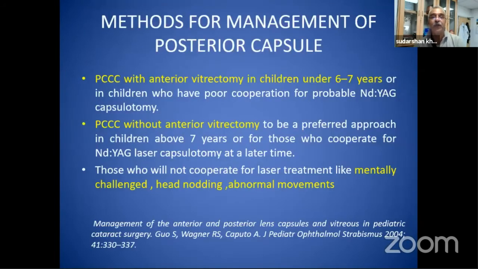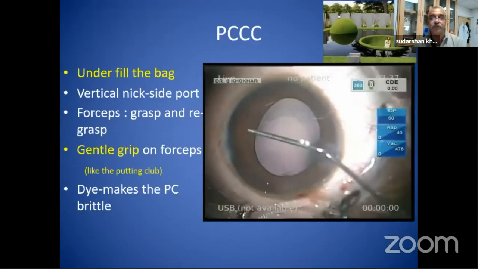So posterior rhexis, we always do a posterior rhexis in kids who are more than 6 years and above. And if I have a patient who's mentally challenged, who's got head nodding and nystagmus, who I'm sure is not going to sit for the YAG ever, I'll do a PCC. Even if the patient comes to me at 25, 30 years of age, and they're happy with it, because when you do the YAG in a moving eye, you always pit the lenses and cause more problems to the optics of the lens. So this is the video now which I'm showing.